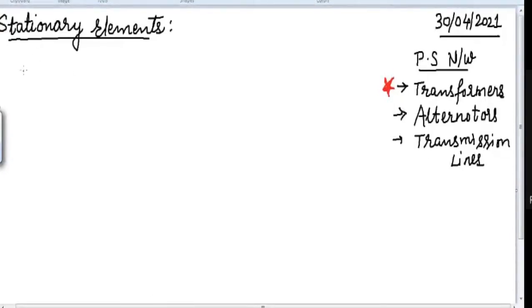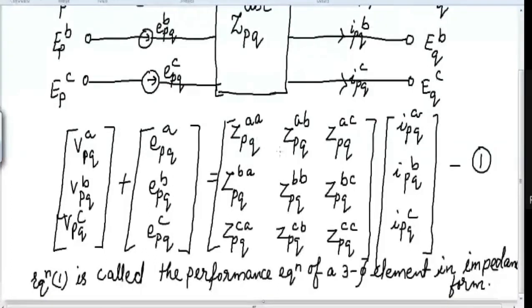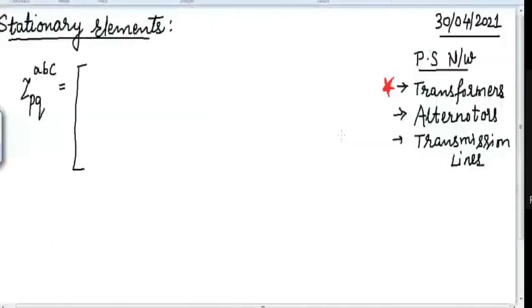What is the meaning of this? Let me write the ZPQABC. How had we written the ZPQABC? Just now we have seen the impedance form of representation. You have seen here, this is the impedance form of representation. So I am going to write this matrix as it is. I will start with ZPQ